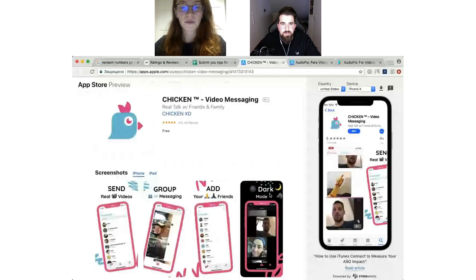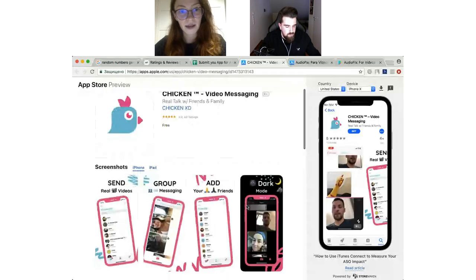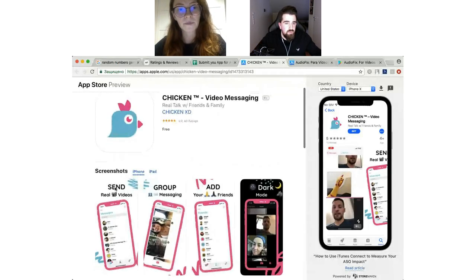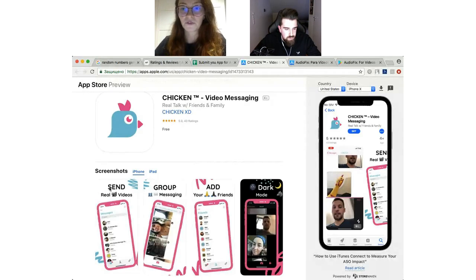So probably you need to check manually on your device how it looks, because there is no official statistic on how many people switch on dark mode, but still you need to take this into account. And I really like the slogans, because bigger fonts are very good, because you can see the CTA words just from the search, like send, group, add, so you can make some conclusions about what the app is about.